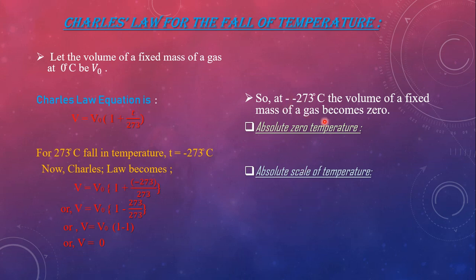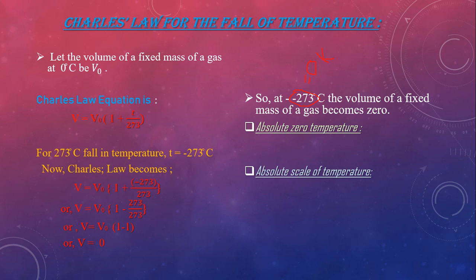So they are starting their zero with minus 273 degrees Celsius. Now for every 1 degree increase in temperature in Celsius, the increase is the same for this absolute scale